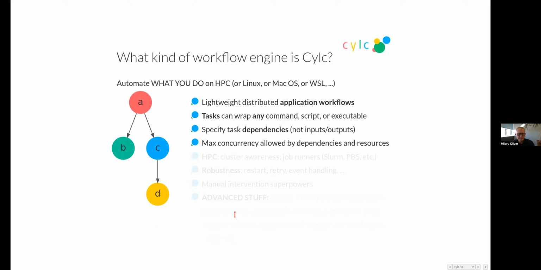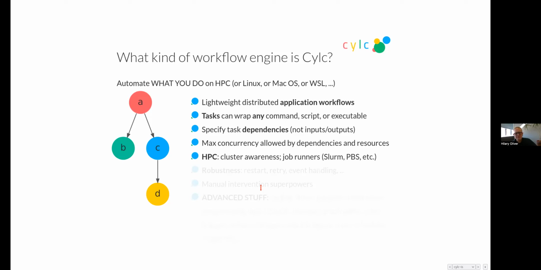The reason for that is dependencies in Cylc are very flexible. They can represent anything. It's often or usually data, but it doesn't have to be. And it allows you to see the structure of your workflow very easily. As Alex said, you'll automatically get the maximum concurrency allowed by dependencies and external resources. Like, for instance, in this little colored example here, I don't have to tell Cylc that you can run B and C in parallel or B and D. Cylc's just going to know that because B does not depend on C. So if they happen to become ready to run at once, I can run them together. Same with B and D.